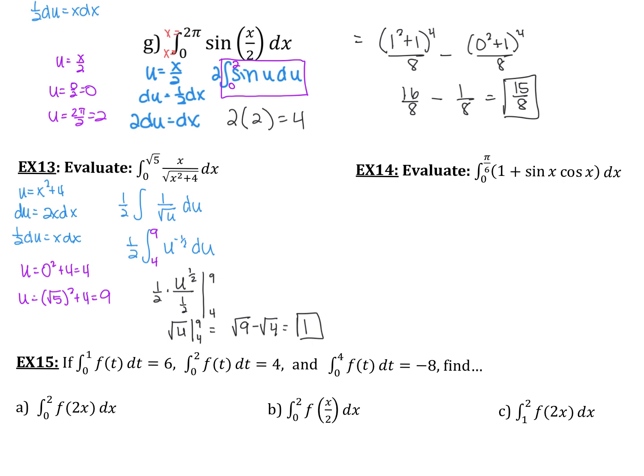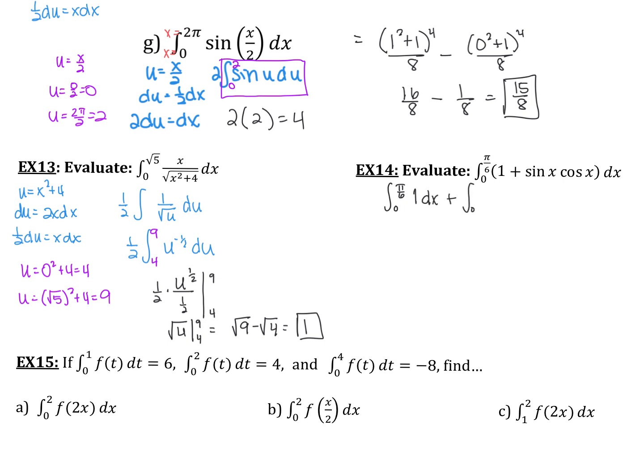Okay, let's try. This one's a little bit messier. This says the integral from 0 to pi over 6 of 1 plus sine x cos x dx. I'm going to separate this integral. I'm going to rewrite it. I'm going to say this is equivalent to the integral from 0 to pi over 6 of 1